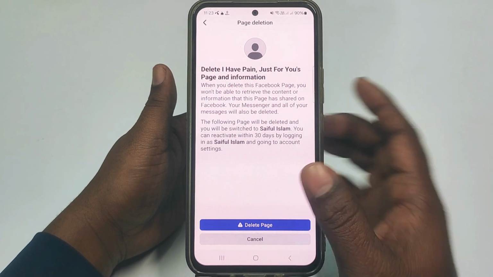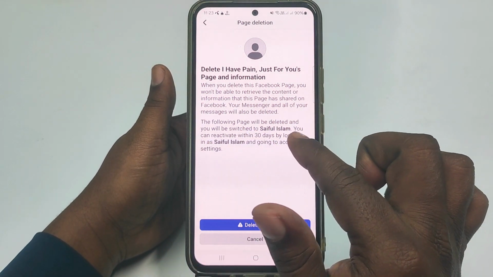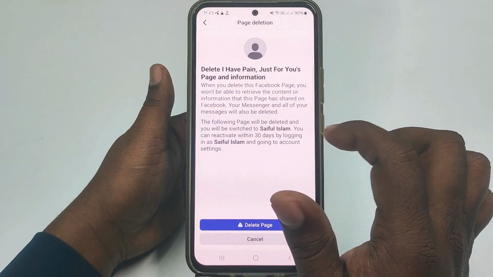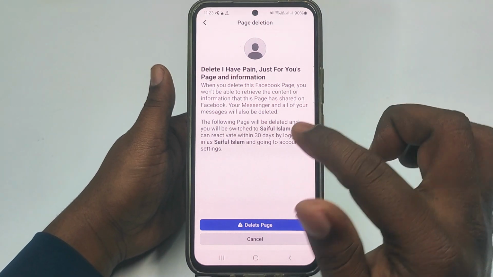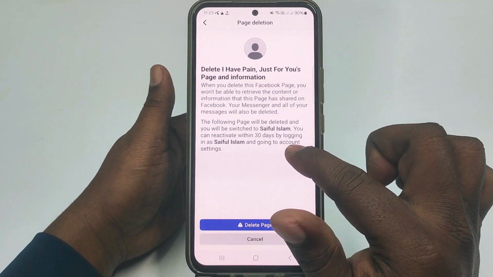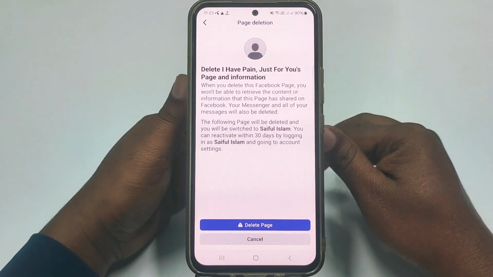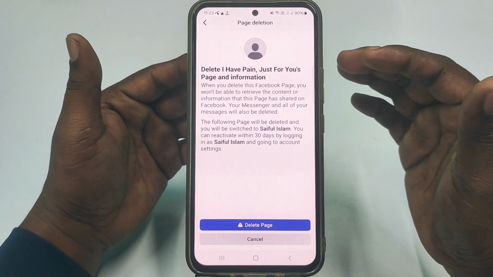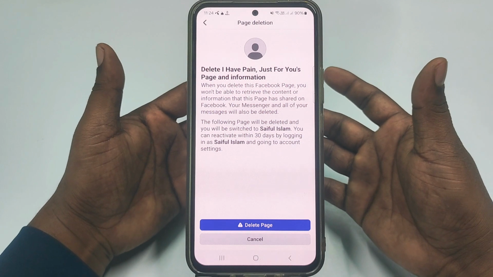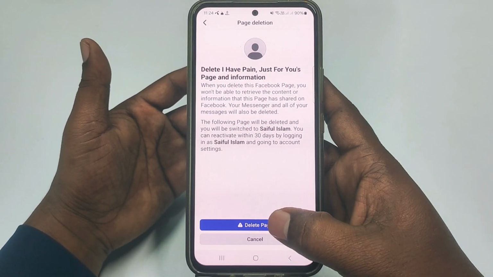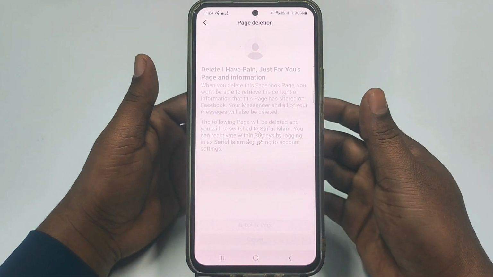Okay, and there is one more thing, the following page will be deleted and you will be switched to Saiful Islam, which is my main profile, and you can reactivate within 30 days by logging in as Saiful Islam and going to account settings. So you can reactivate it. So I hope you don't need your extra page. Okay, so that's why you need to delete it. So let me click here delete page option,